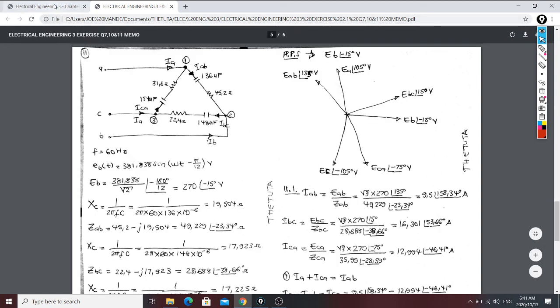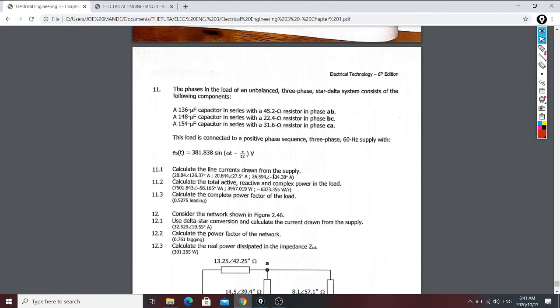And then when you look at question 11, now they give us a configuration of our impedance, which means our impedance A, B, and C. So we need to use some knowledge from electrical to calculate those impedance. Okay? And then they give us a positive phase sequence and as well the voltage B as the reference, and then it is a star delta connected, which means our load will be a delta. So you can see that it's just a repetition and everything is simple and straightforward. Okay, so let's have a look on those questions and see how we can solve them.